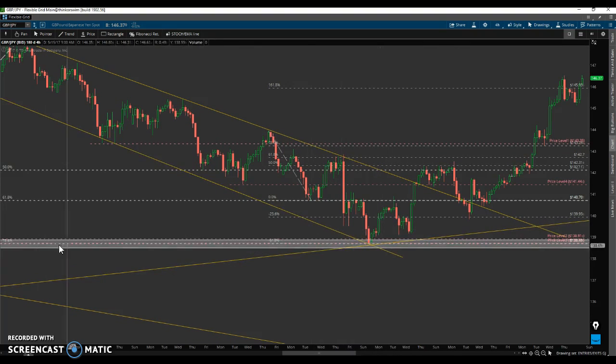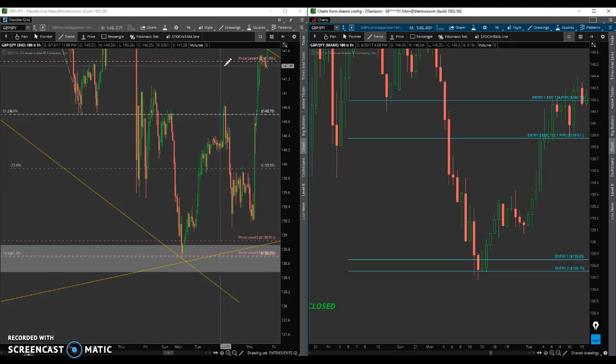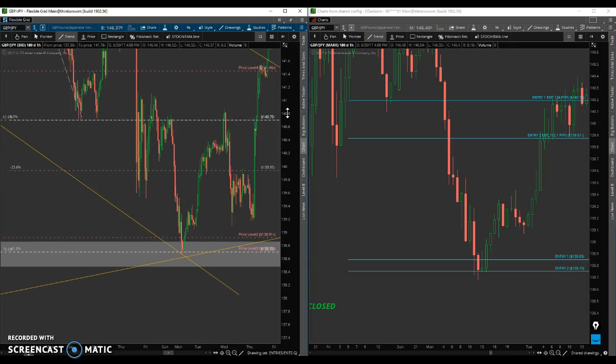And that lined up perfectly with our 78.6. So you can see all this confluence right around in this area. All these intersecting points gave me my reason for entering this trade at the test of these levels down here. We're currently on the 1-hour chart, and this is my entry chart and how I kind of hone an